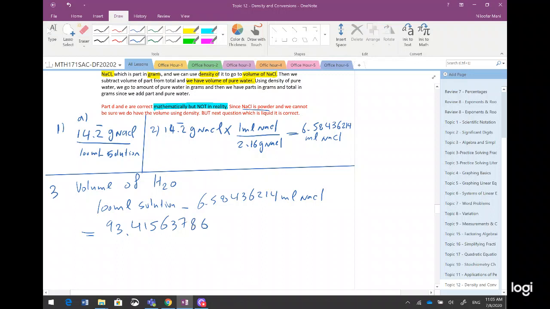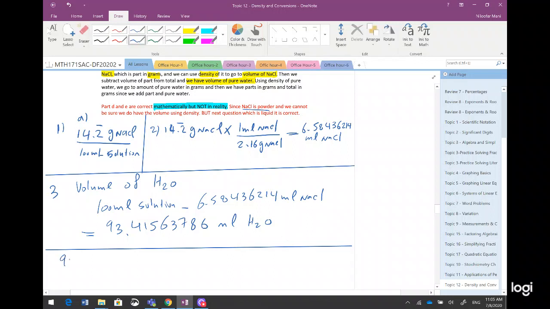You can just use several digits, not too many. Okay, so milliliter of water. Now we found the milliliter of water. Because it's pure water, we can say it is the same as